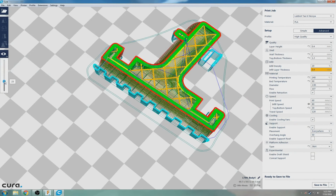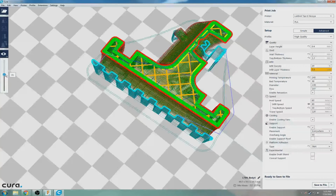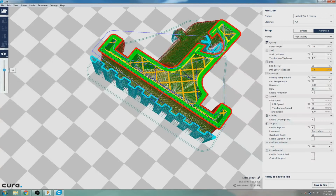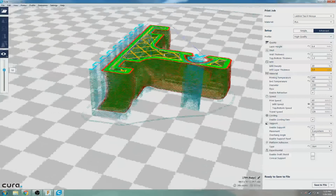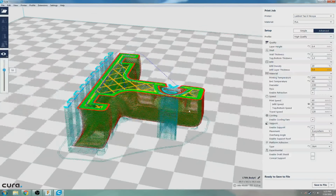And it's also printing supports for, we can see here, it'll be right about here is when the supports will start coming in for the top of the hole here. And that's kind of important because it's sort of bridging out here and spanning across. And if we tried to print that there, I'm sorry, this is probably turning into a mess on YouTube. But if we tried to print those layers across there without the support, chances are it would droop, especially because I print this kind of stuff in...